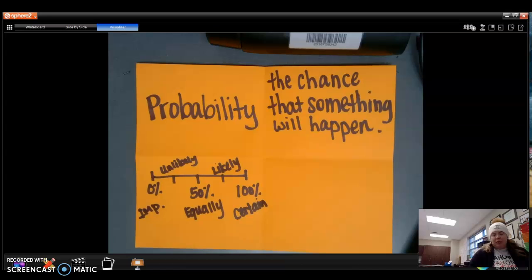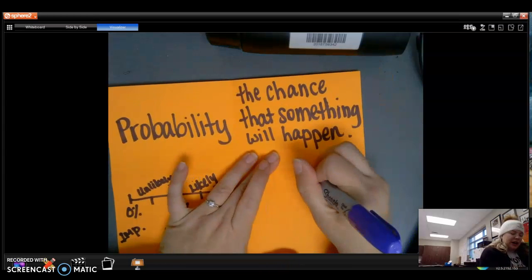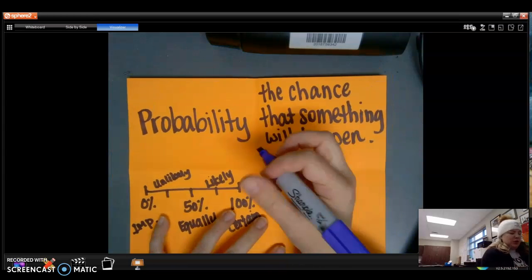That's the experimental probability. The theoretical probability is the likelihood of the event happening based on the total number of possible outcomes, okay? So theoretical probability is what should happen. Experimental probability is what does happen after an experiment, okay? So for some examples of this, I want you to divide this into two, and I want you